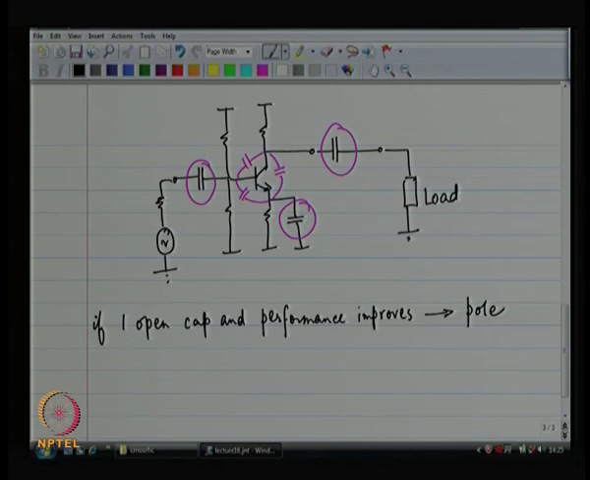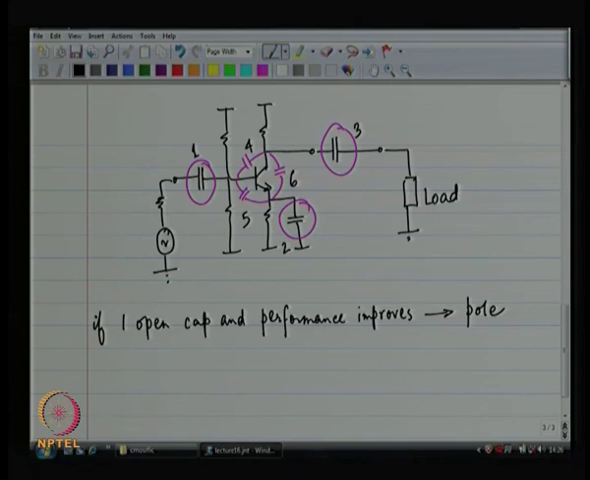Okay. So, let us look at it, let us call it 1, 2, 3, 4, 5, 6. If I open out capacitor number 1, the signal does not reach the base of the transistor. So, clearly performance is not going to improve. So, it can't be a pole contributing capacitor. If I open capacitor number 2, then the configuration becomes like an emitter follower, gain reduces. So, therefore, performance decreases. So, therefore, it can't be a pole contributing capacitor. If I open capacitor number 3, then once again signal does not reach the load, and as a result it can't be a pole contributing capacitor,